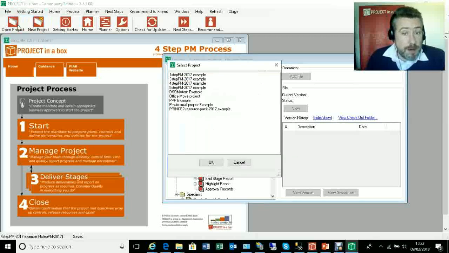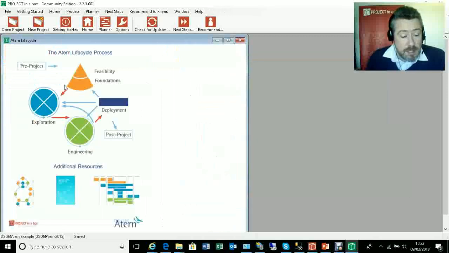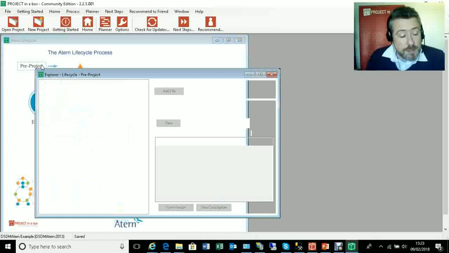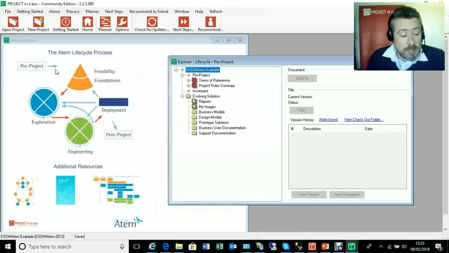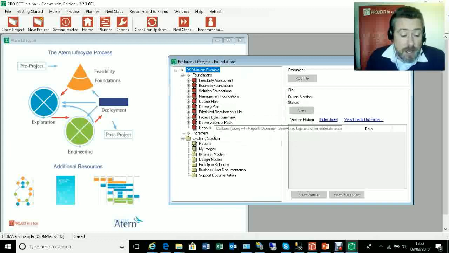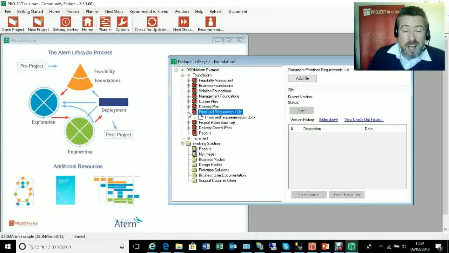Likewise, we talked about Agile type projects. And so if I come to DSDM Return example here, we've got an Agile framework. We've got a project that comes through some planning stages up at the beginning, where what we're trying to do is identify a prioritized requirements list, a list of all the things that we'd like to do in this project, which are the most important ones, which are not so important, which are just optional. That's the idea. And what don't we want to do as well. That's called a MoSCoW analysis.